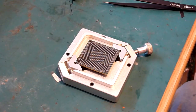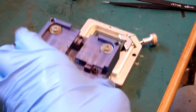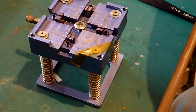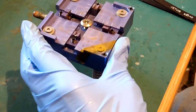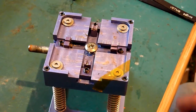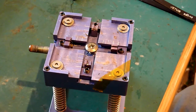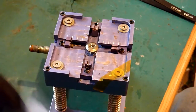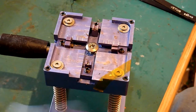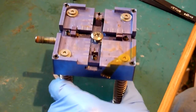The other alternative you've got, I will show you in a sec, and that is one of these. Now this one is a slightly different sort of setup. I don't have the handles on this one, and you'll see why in a sec. But basically there's a handle there with a rubber grip on it, and that sits on there and screws on, and then there's another handle that goes on the other side, and you'll see that these are spring loaded,